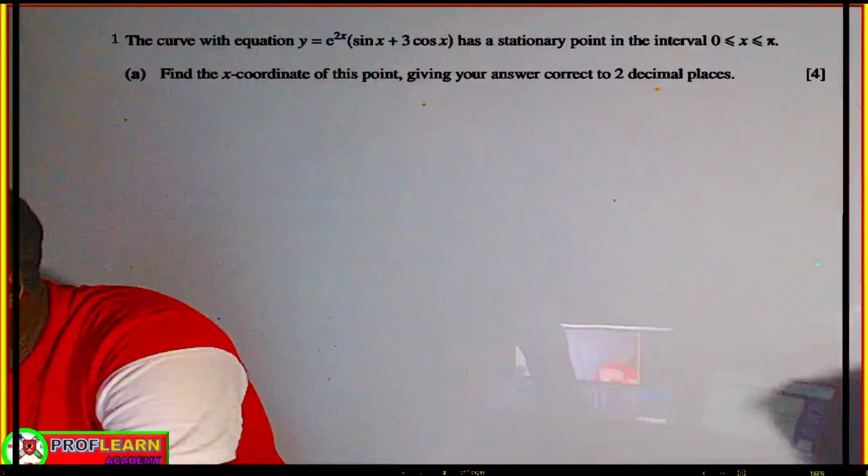Now, the next part of this question, what we are expected to do is to determine whether the stationary point is a maximum or a minimum. So, in that kind of scenario, you need to